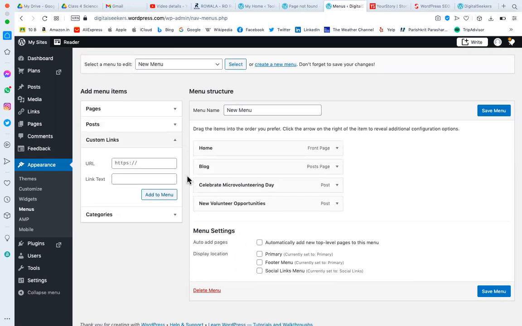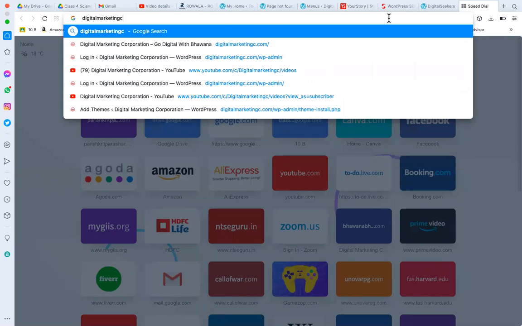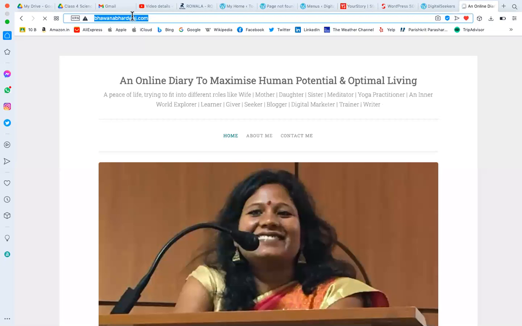Custom link: if you want to add any custom link, let's suppose I want to add a website as a menu option, digitalmarketingjob.com. I'm selecting this website as a menu option.